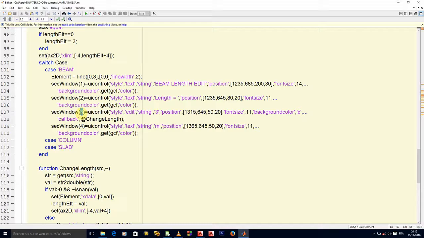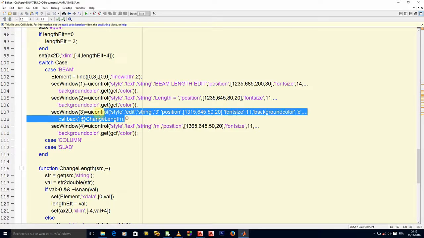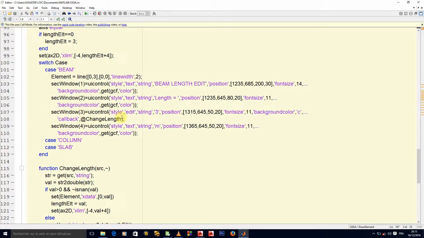Okay? But can we keep it this way? No. I would like to give it a particular name, for example, e-text of length, for example. That will help me to easily identify this particular thing, okay? Because there might be cases where I will put several UI controls, okay?